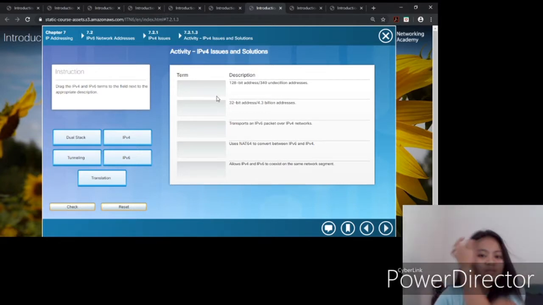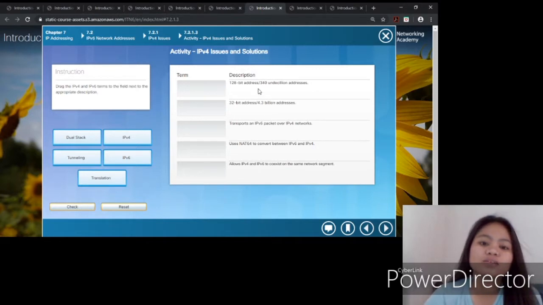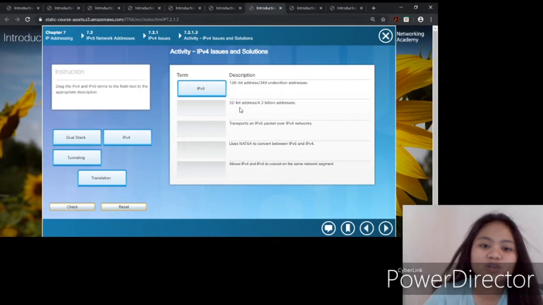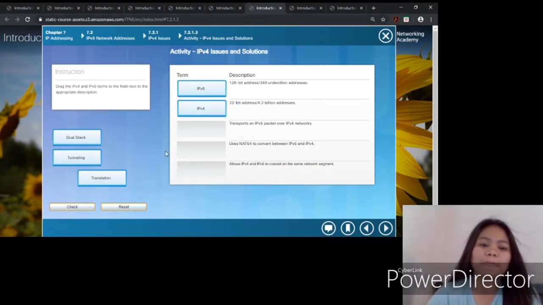So 128-bit addresses, 340 undecillion addresses, I think it is IPv6, and 32-bit addresses, 4.3 billion addresses, I think it is IPv4, and transport an